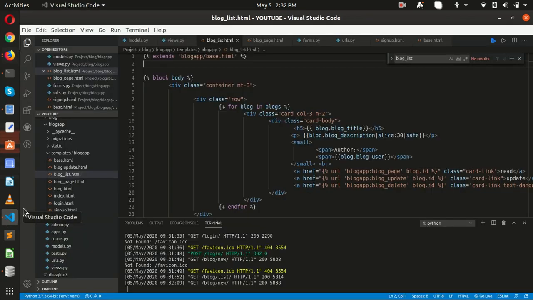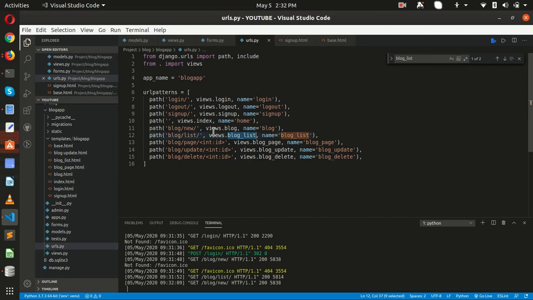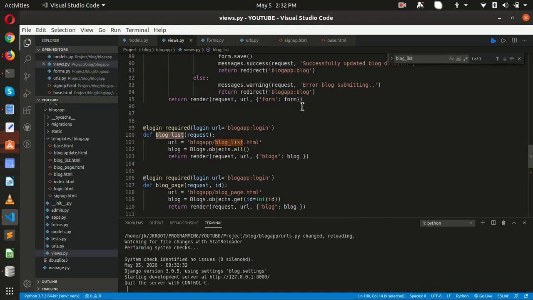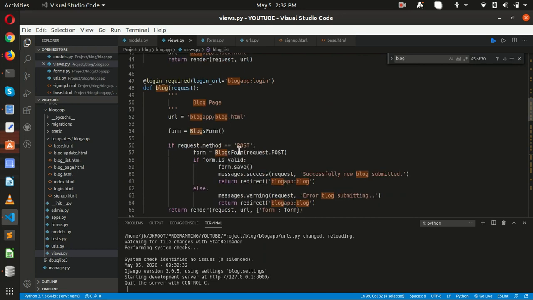Blog, new blog. Okay, let me just close this URL. This is our function, on the top, this one.